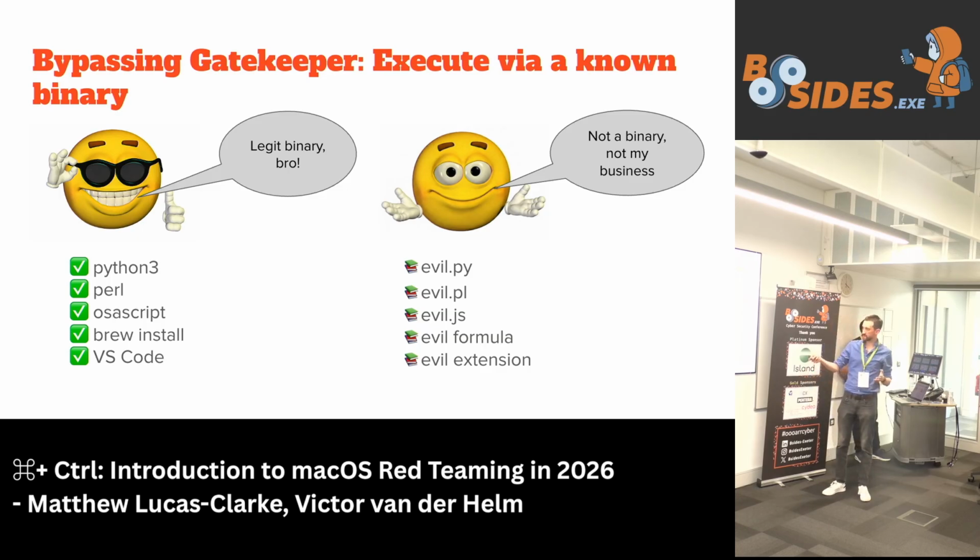So you've got things like native script interpreters like osascript. This one is possibly a bit overplayed by now. But you've also got things like Brew. If you're not familiar, Brew is like the unofficial macOS version of Linux package managers like apt or yum. It's unofficial, but if you're on a developer's Mac, you're almost definitely going to find it. And then of course, IDE extensions. Essentially, IDE extensions are basically JavaScript files run by an interpreter, which is your IDE. So again, it doesn't matter so much if they're not signed, notarized, free of quarantine.